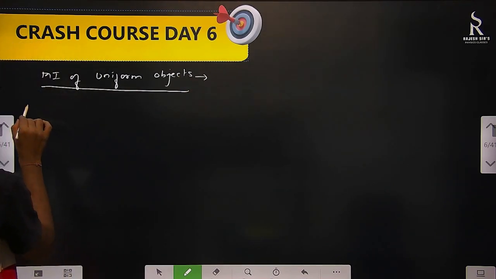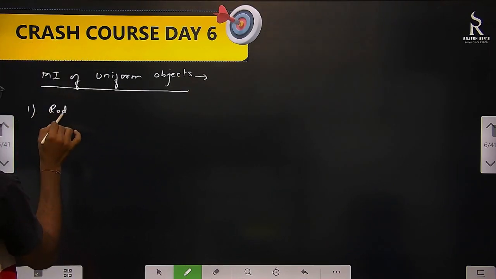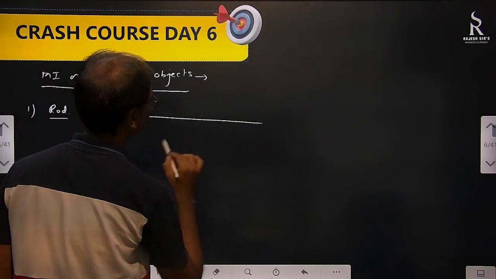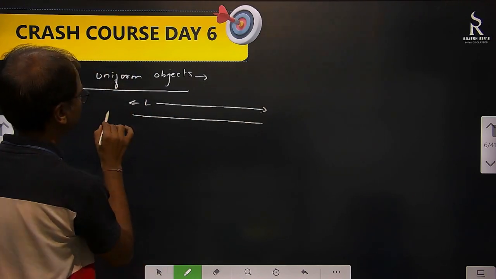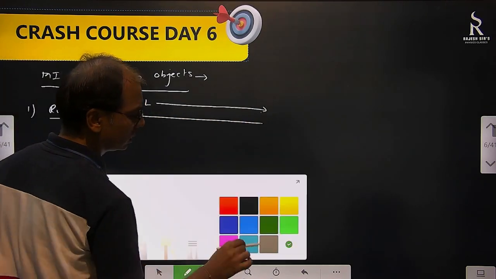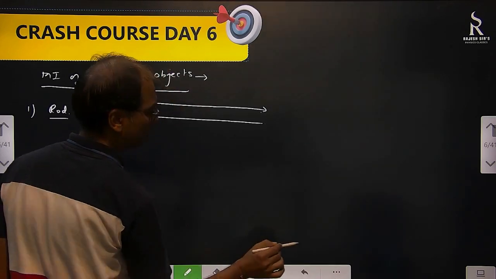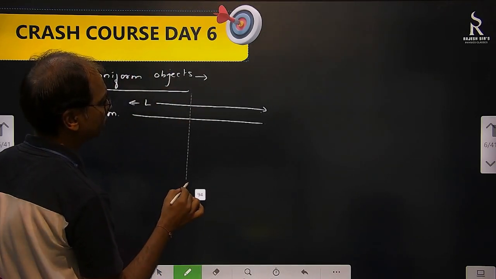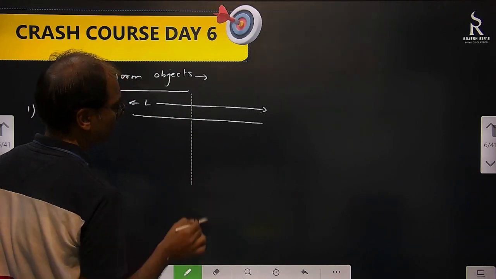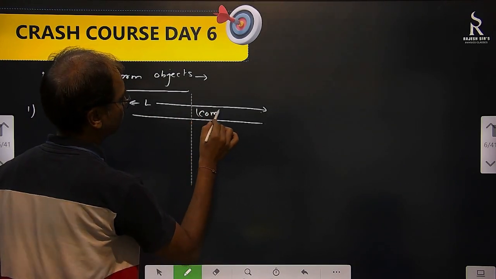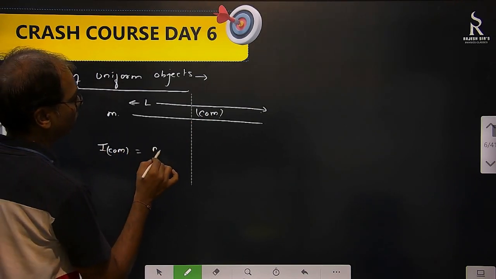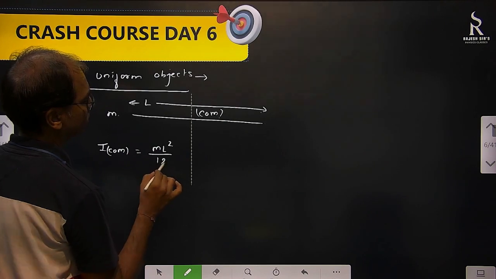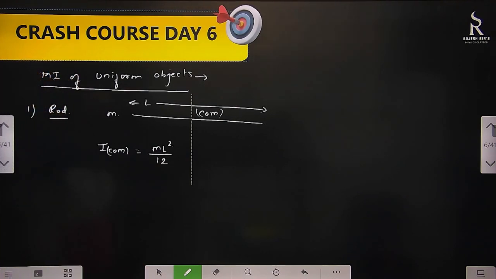Okay, so first one we go for rod. Okay, rod is here. Length is L, mass is M. Okay, so moment of inertia about its center of mass. It is a standard value. So ICOM is ML square by 12. ML square by 12. We should remember. Second,